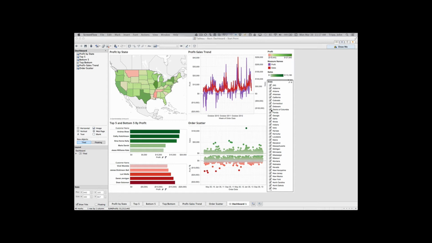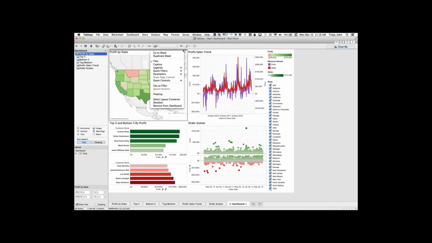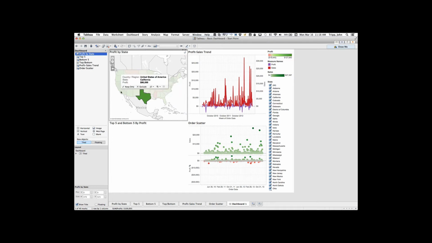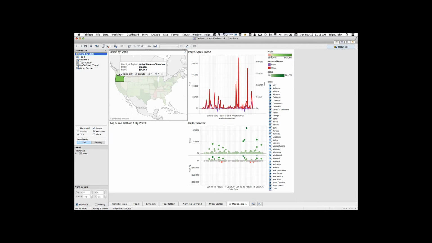So the quick filter is now working here on the right, but then we also wanted to make our filters work when we were clicking things in the dashboard. Remember, all you have to do to make this or any of the panes a filter to use on the dashboard is you click the drop down, you choose Use as Filter, and now when I click Texas, or I click on California, or I click on Oregon, or Washington,